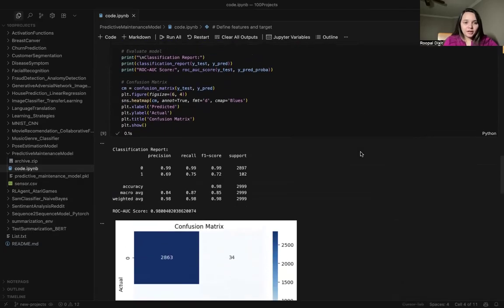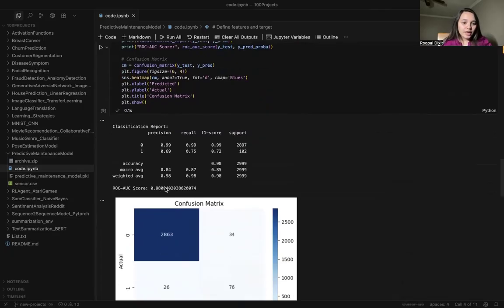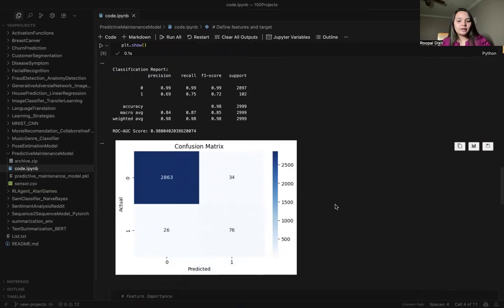The classification, okay, so now we are doing the classification report. You can see we are doing the precision, the recall, the F1 score, the support, with the ROC AUC curve of like 98%. And the confusion matrix is also there, because you have to understand how these features matter.